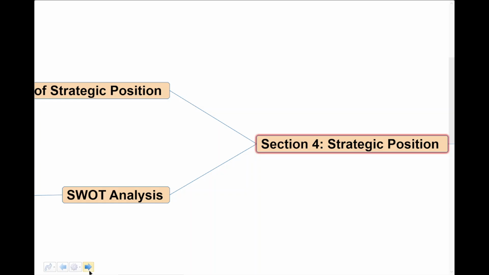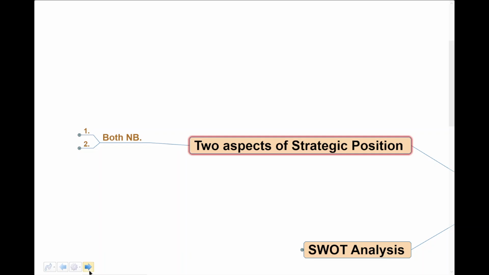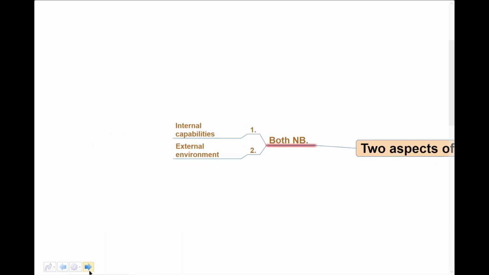Now, in terms of the overall strategic position, clearly, if we were to look at a business and really take into play the techniques and tools that have been discussed so far in this course, we'd certainly recognize that both sides are important. Both sides to the analysis are important: our internal capabilities, and indeed the external environment and our assessment of it through the use of tools. Realistically, in today's modern society, I think we can't exclude one area.